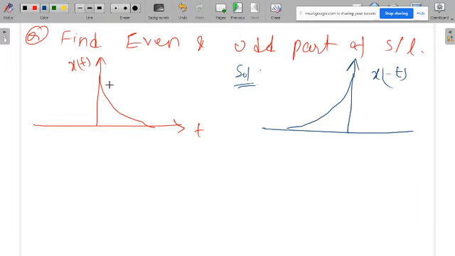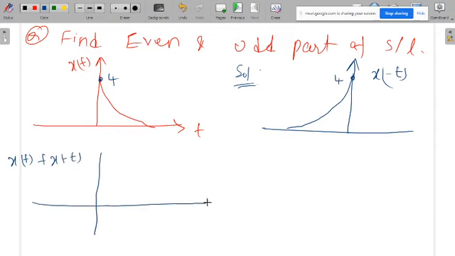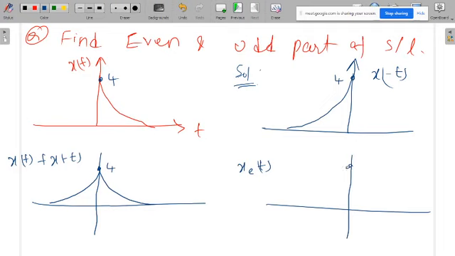Then what will happen if you add both? Okay, again the amplitude is given as 4. Now here also 4. Now x of t plus x of minus t, what is the answer? Now the diagram will be like this. Okay, now if you add these two diagrams, then this will be your answer. Okay, now what is the even part of the signal? Again you have to apply the factor 1 by 2. So now instead of 4 here you will have 2, instead of 4 here you will have 2, that's it. Okay, so this is the even part of the original signal.